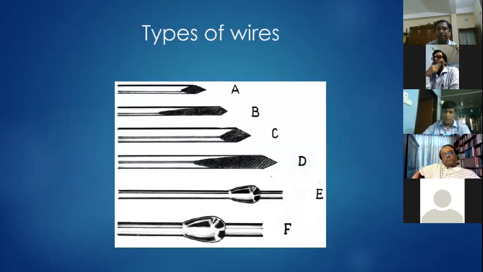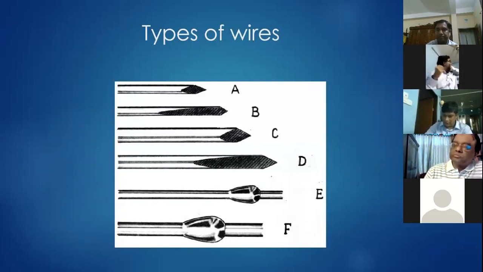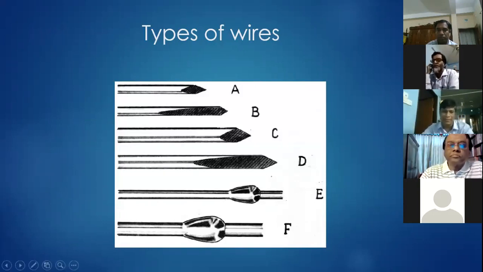Types of wires. The diameter of the wires we usually use is 1.5 millimeter, usually used for children, and 1.8 millimeter, usually used for adults. For cortical bone drilling, we use wires with bayonet tips. Here in the picture, B and D show the bayonet tip, and for cancellous bone drilling, we usually use